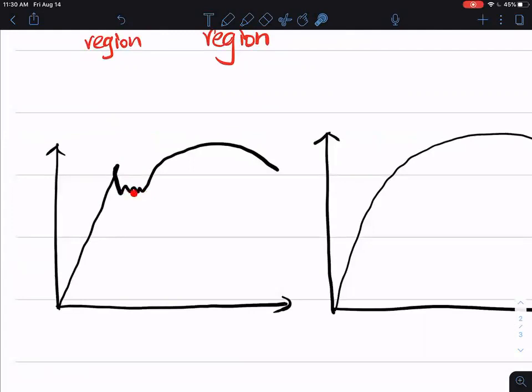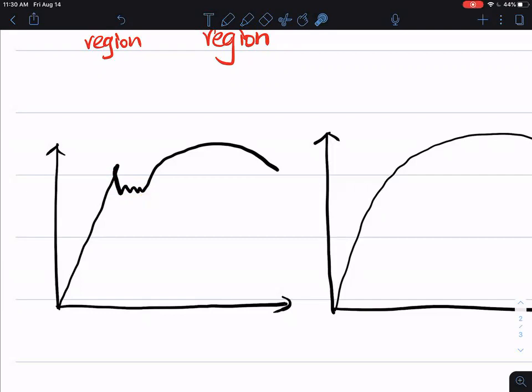So in order to do that, you need to find the maximum stress, which is that point, and also find the minimum stress in this zone, which should be somewhere around there. Then you take an average between those. You add them together, divide by 2, you get an average stress,